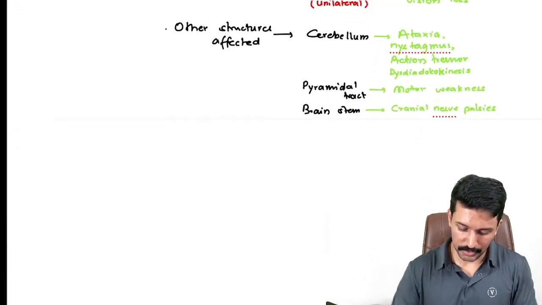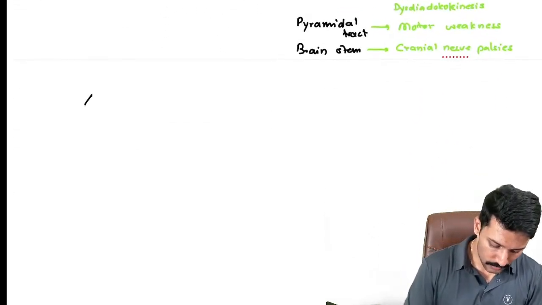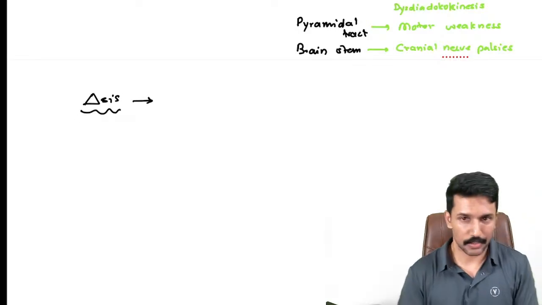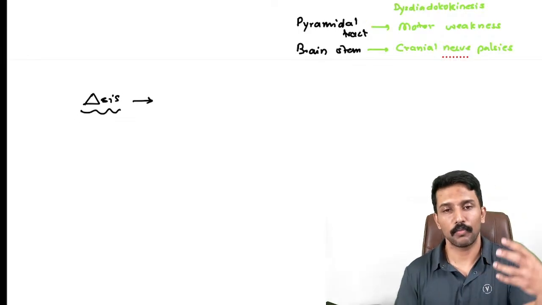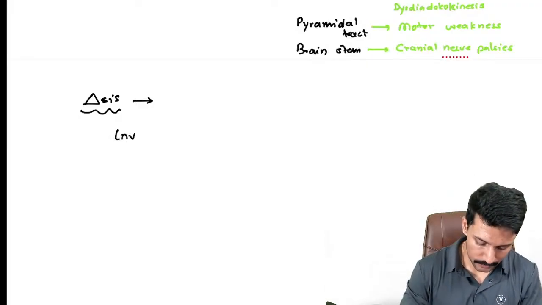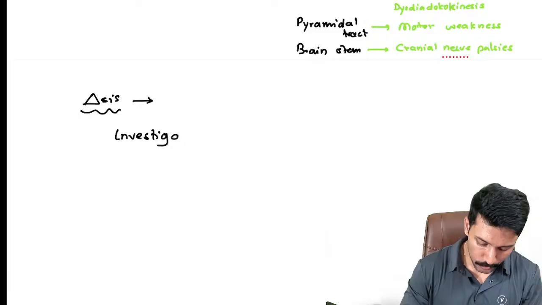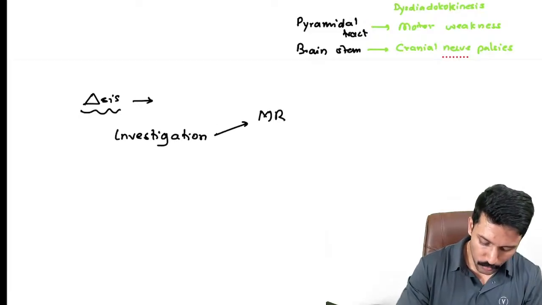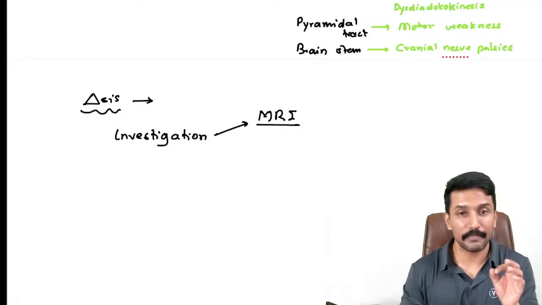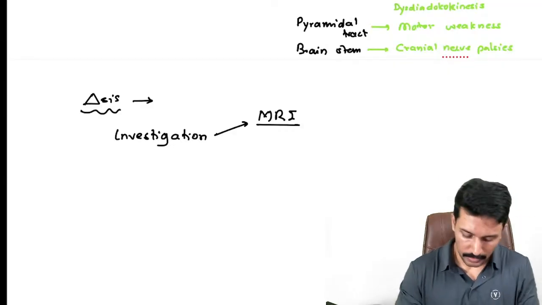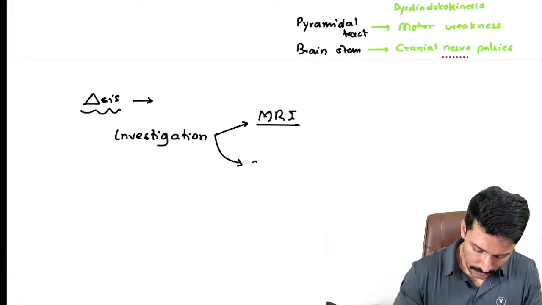Now when we get such a patient, for diagnosis, we are going to do some basic investigations, and then we will be following what we call the McDonald's criteria, right? So first we will look at investigations. Investigation wise, I want you to remember two. One is you can do MRI. MRI is a good investigation for the identification of demyelination. CT is not good. CT is good for bleed. Second thing we are going to do is CSF